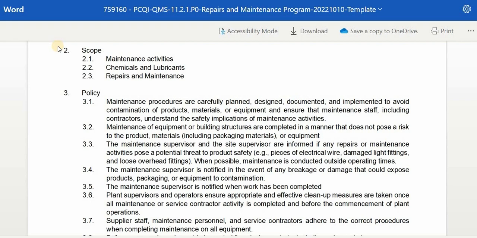Second, the scope of the program is based on the purpose and serves as a guide in defining and describing the layout of the procedure. And we have here the maintenance activities, chemicals and lubricants, and repairs and maintenance. Third is the policy. The policies are the rules set by the company as their implementation guide. Under policy, we have maintenance procedures are carefully planned, designed, documented, and implemented to avoid contamination